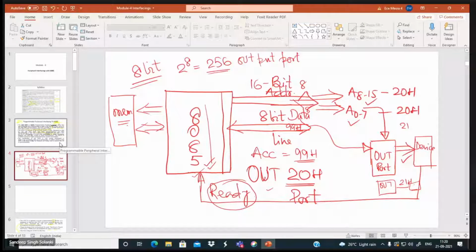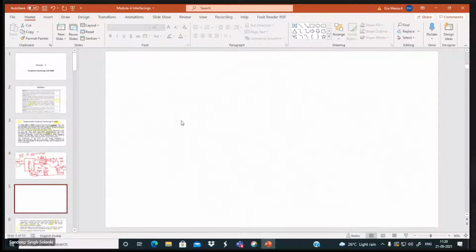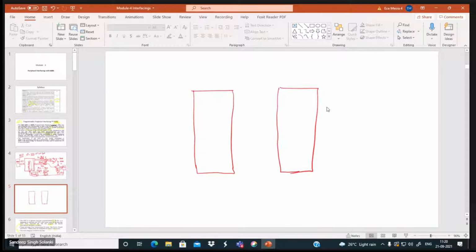From where does that have to come? So the device has to send the acknowledgement. For that you need some more device, because I don't want to waste your time. There has to be some other device through which these ports, these devices will get communicated.